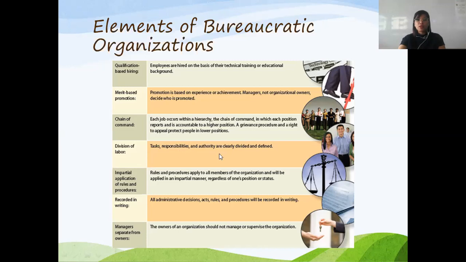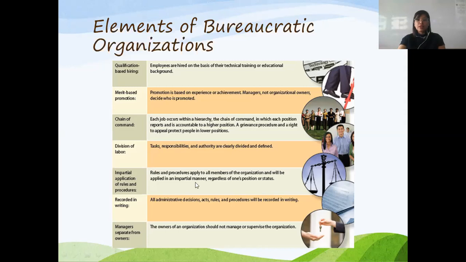So this is also connected to the chain of command. So task responsibilities and authority are clearly divided and defined. Okay. And then impartial application: rules and procedures apply to all members of the organization and will be applied in an impartial manner regardless of one's status. Okay? So, dito